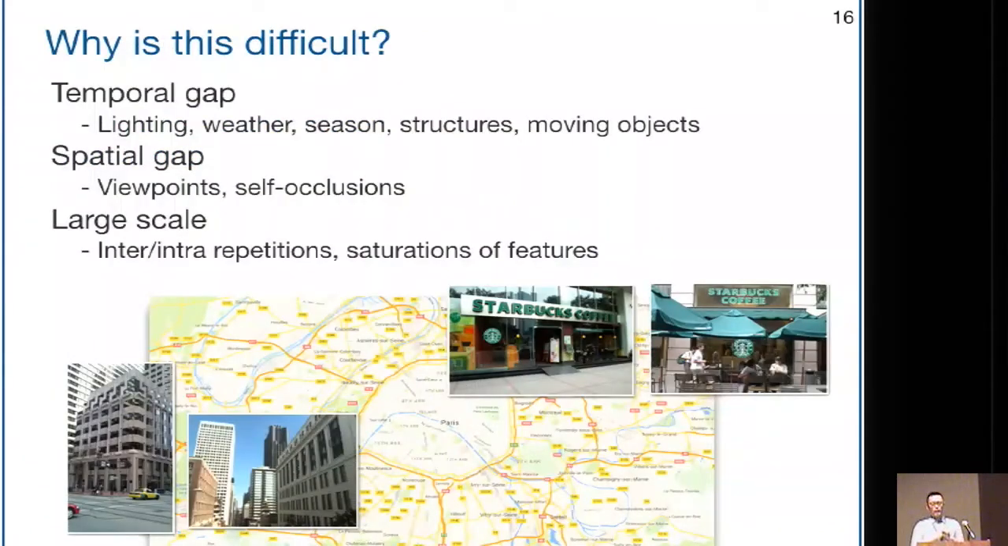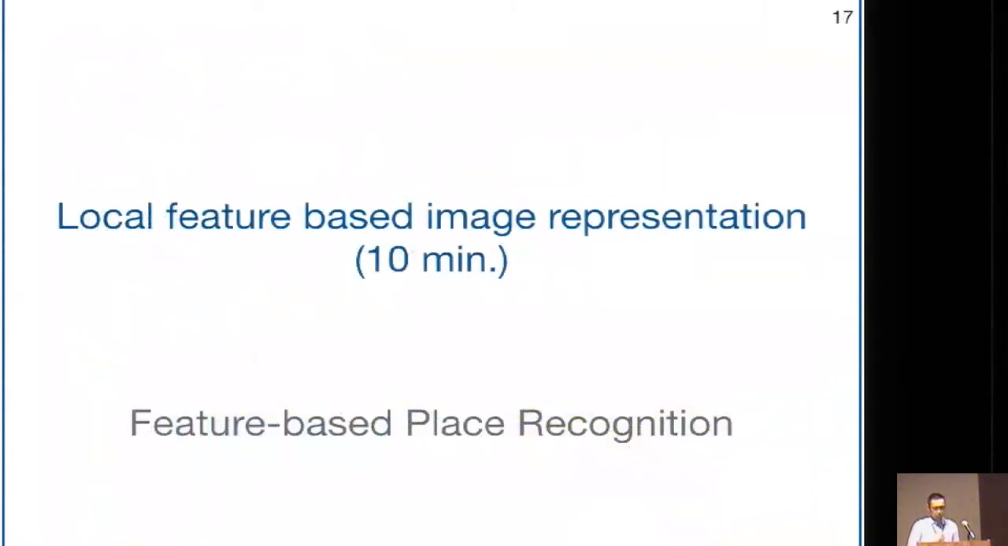In addition, if we want to do large-scale visual place recognition, it makes the problem even more challenging because we have to deal with problems of repetition, memory requirements and so on. But thanks to the advances of image retrieval techniques, we can do place recognition at some level even now. There were no technical details, but if there is any question so far,